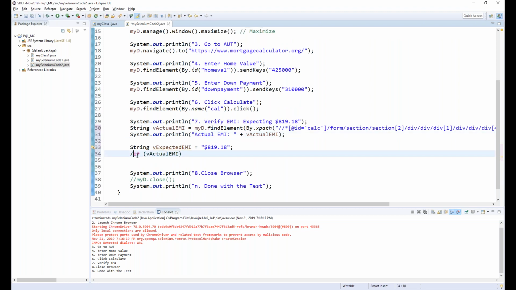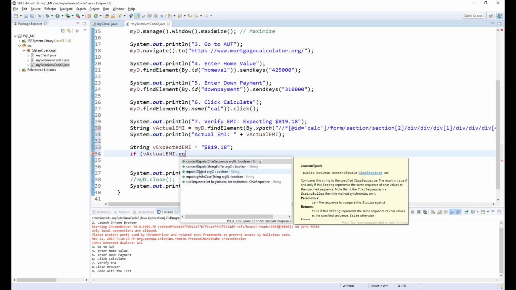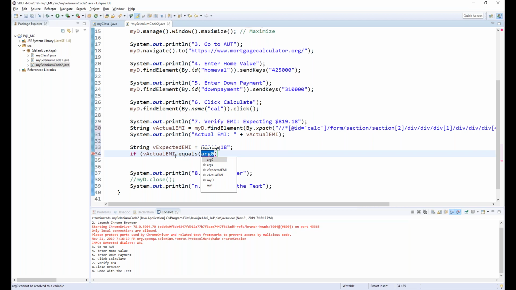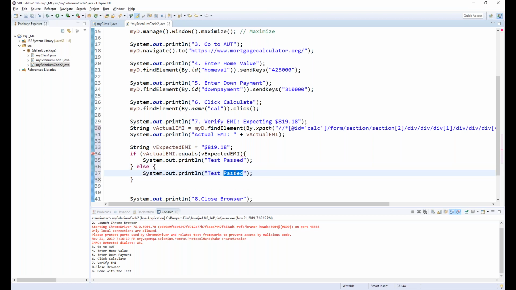Now, if this value actually .equals, team, so this is a Java command where it will tell me if these two values are the same. Now, what happens with a simple if statement is, if these two values are the same, I will say test passed. Now, else, if these two values are different, I'll say test failed,